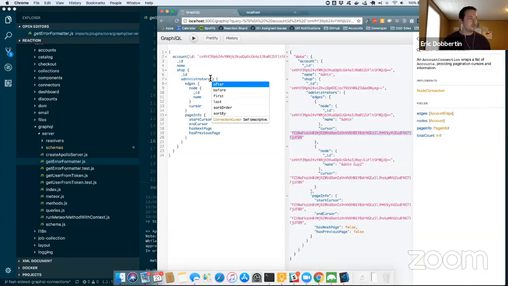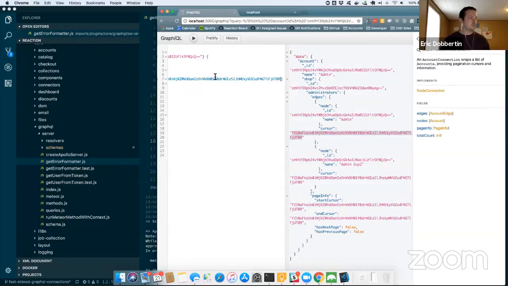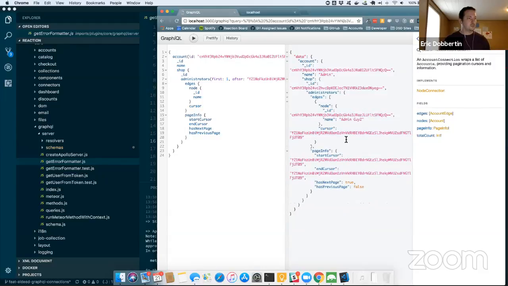I want to get the first one results after that cursor. So it should just return only the second node, and it does. So that's basically how it's all working so far.